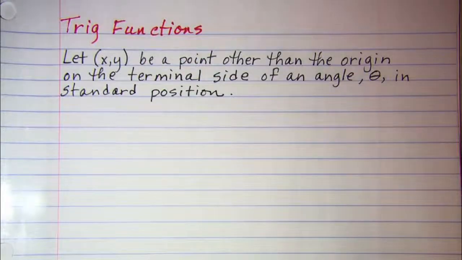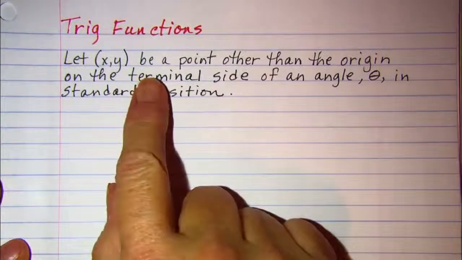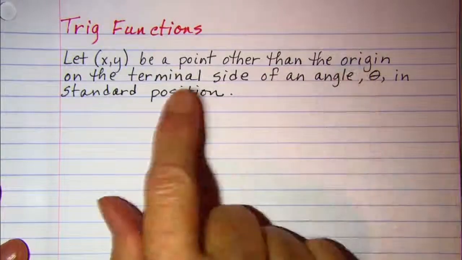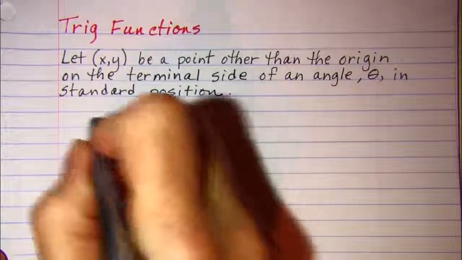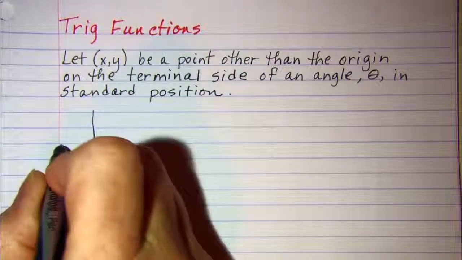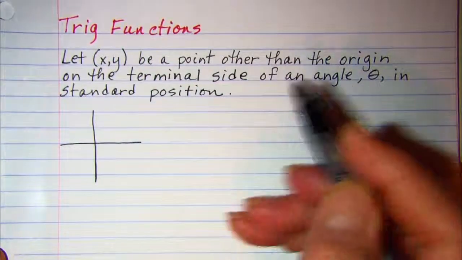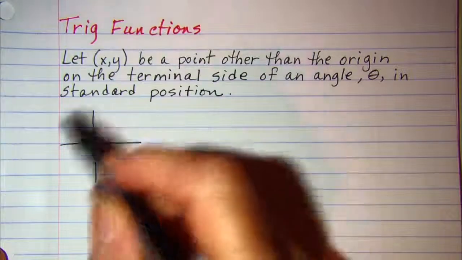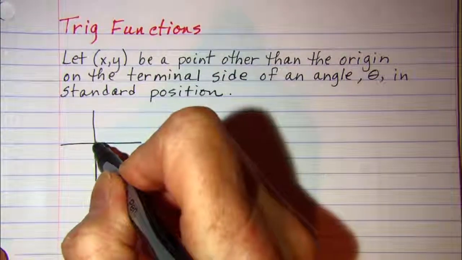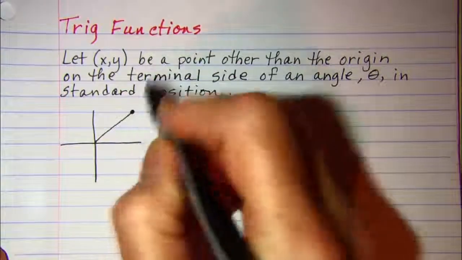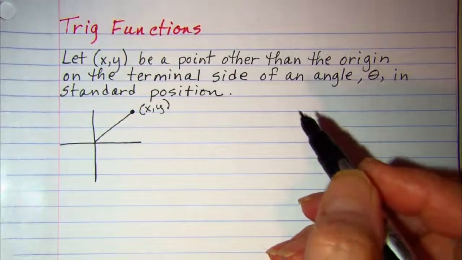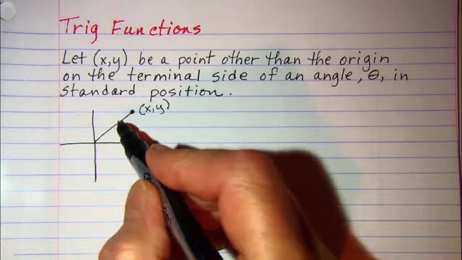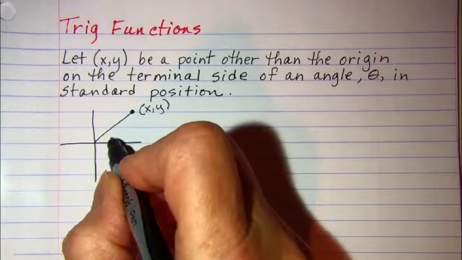In this video, we'll be talking about trig functions. Let x, y be a point other than the origin on the terminal side of an angle theta in standard position. So let's sketch that. I'm going to have the terminal side in quadrant 1, but it doesn't matter. So the point x, y is on the terminal side of the angle theta, so this is my angle theta,